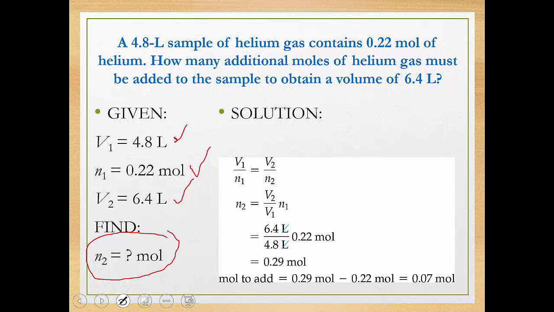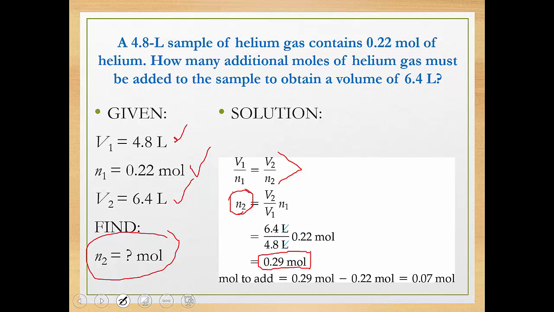All right, this one isn't quite as straightforward as the others. I still have that initial relationship right here. The volume of the gas divided by the number of moles of gas that I start with is equal to the volume divided by the number of moles I end with. So if I solve for the number of moles that I'm ending with, I see that it's the ratio of the volumes times the number of moles I started with. Okay, so I find that N2 is 0.29 moles, but that's the